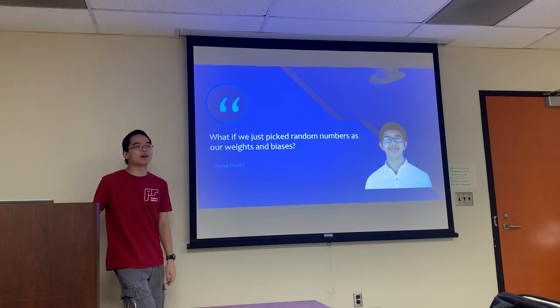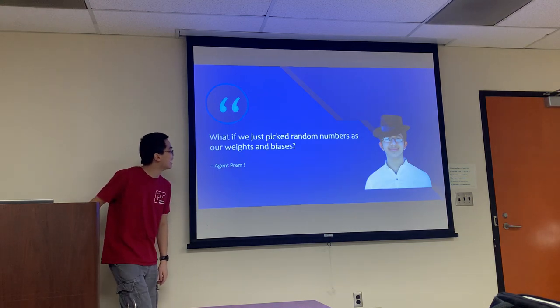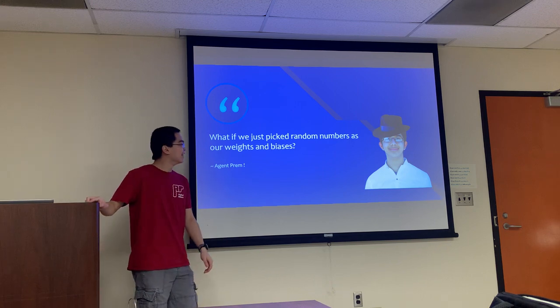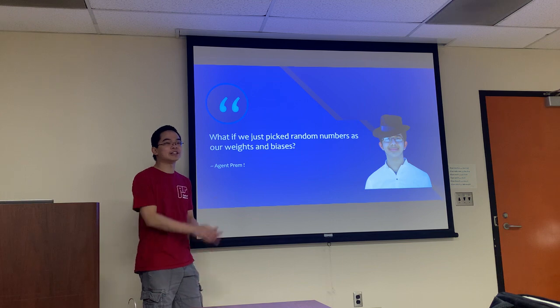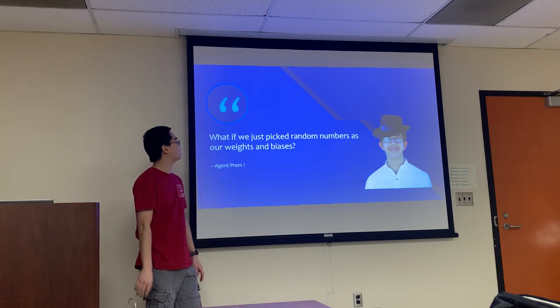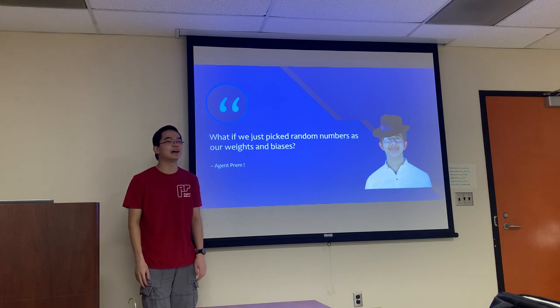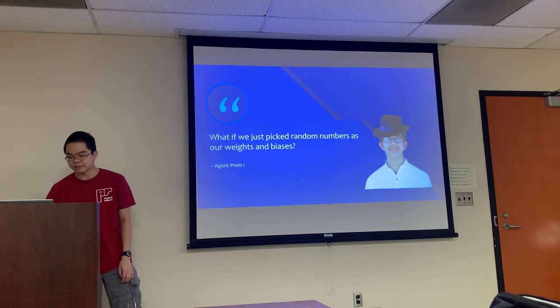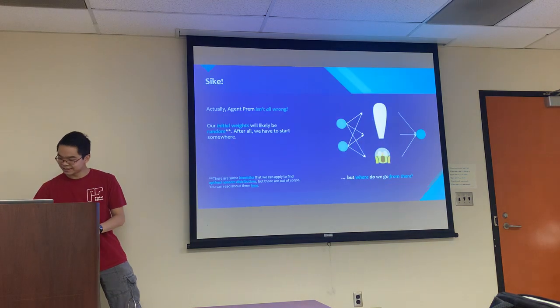If you don't know, this is Prem, our pocket racers lead for last year. He's unbelievably based. And here Prem is suggesting, what if, first step we might want to do is initialize our network, right? What if we just pick random numbers to initialize our network? We were doing something like that in the machine learning lab, where we were initializing to random numbers. Ugh, look at him look.